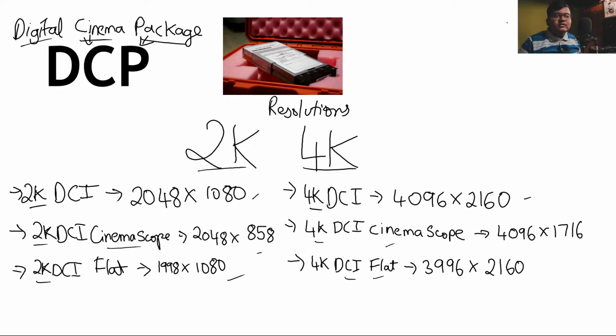What is CinemaScope? What is flat? What is just DCI? I'm going to explain that. This is 16:9. This is 4K DCI or 2K DCI. This is the CinemaScope, 4K or 2K DCI CinemaScope. Usually it's used in cinemas. Usually they call it letterbox, but the resolution changes. This is the 4K flat. See, there is one on top, a little thin, and even on the bottom. So 4K flat is just a little bit extra of 16:9.